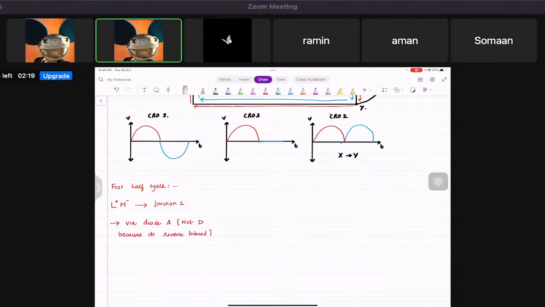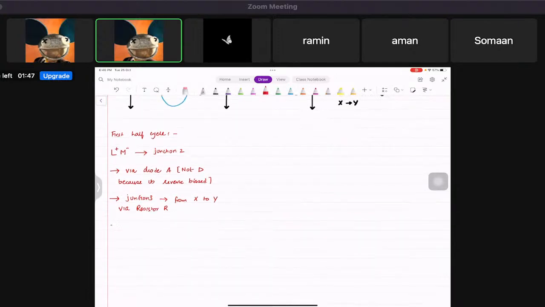Then from here it had gone to junction 3, and from junction 3 it has gone from X to Y via resistor R, and then it has gone to junction 1